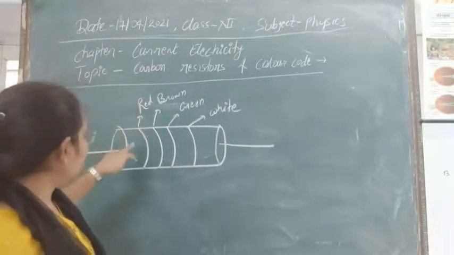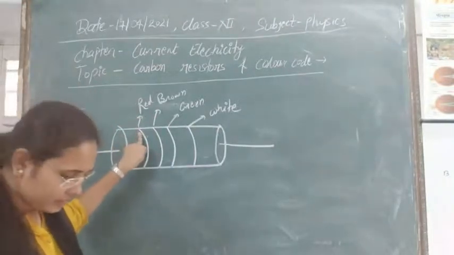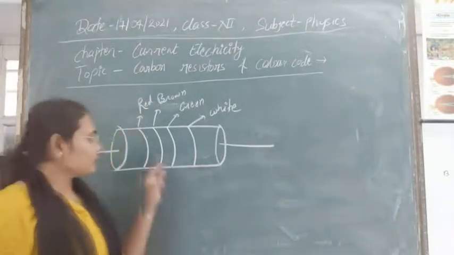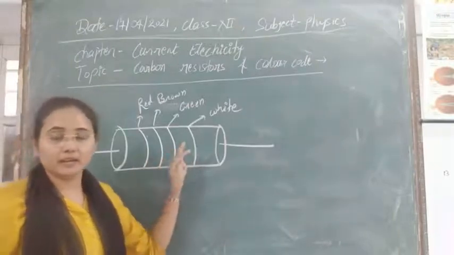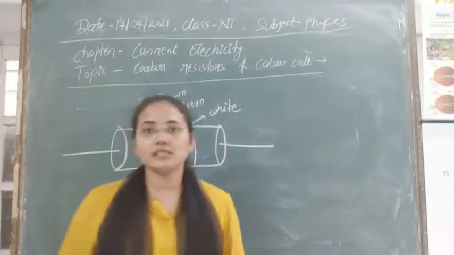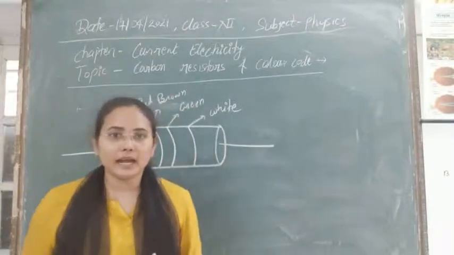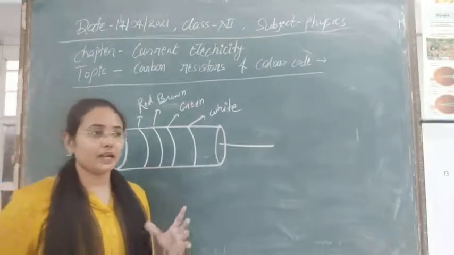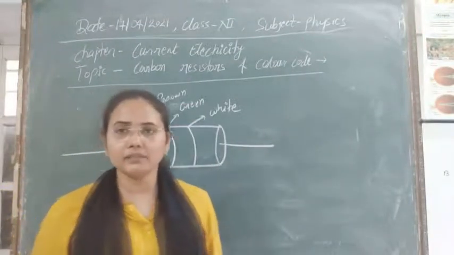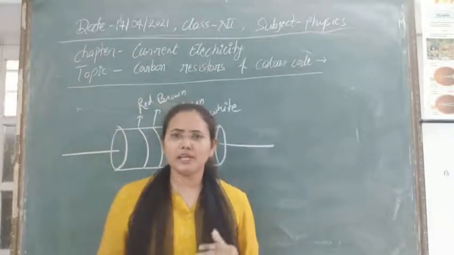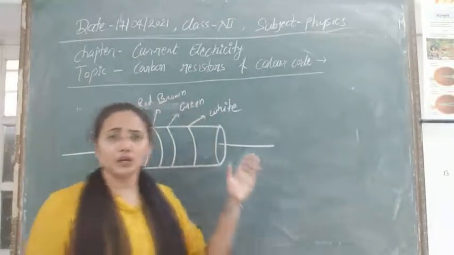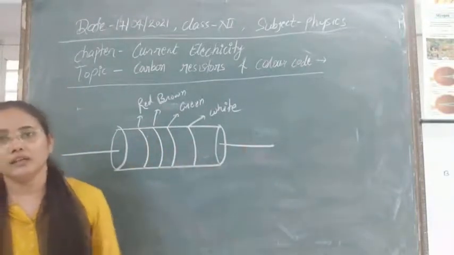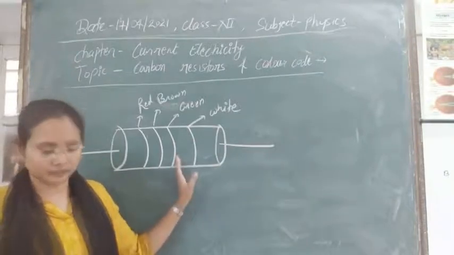The first band, its number is known as the first significant figure. So this is the first band, second band, third band, fourth band. If we say the carbon resistor is made up of 3 bands, it means 3 colors will be there on the bands. If the carbon resistor is made up of 4 bands or 5 bands, it means we are using 4 colors, 5 colors, 6 colors, to indicate and to find out the values by using the color coding of the resistors.